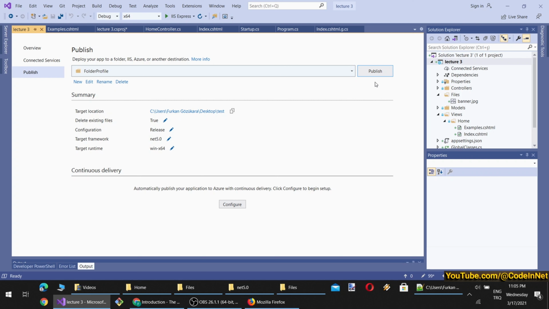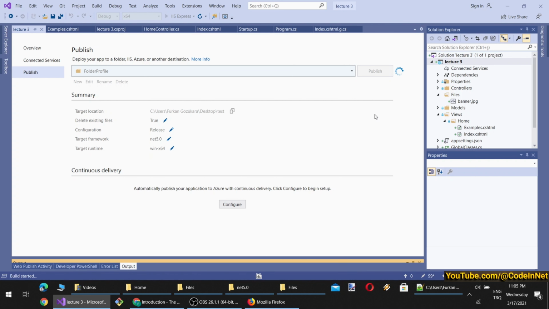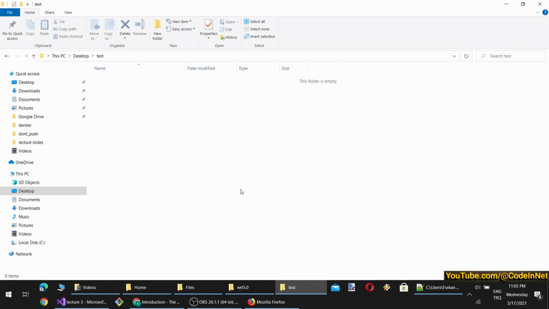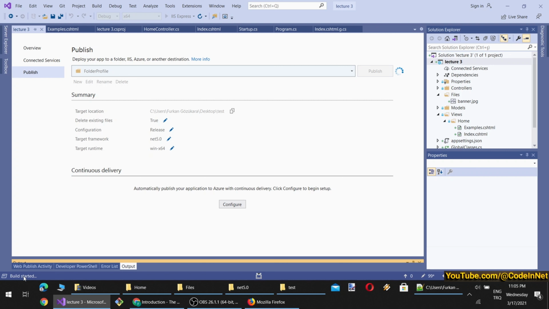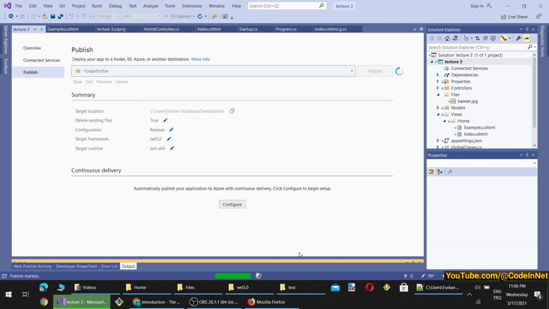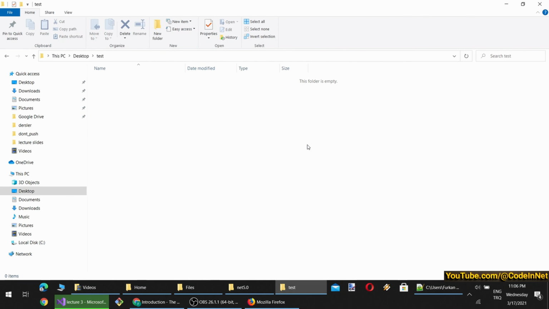This configuration may be changed according to your requirements. What I want to test is, I wonder will it publish this banner JPEG into the publish folder? I think it should, but we will see. So inside the test folder, we will see the published files. It is building right now. So for example, I would have an IIS on my Windows server and I will just copy and paste the files here and it will start working on my remote server. And I could access it with something like